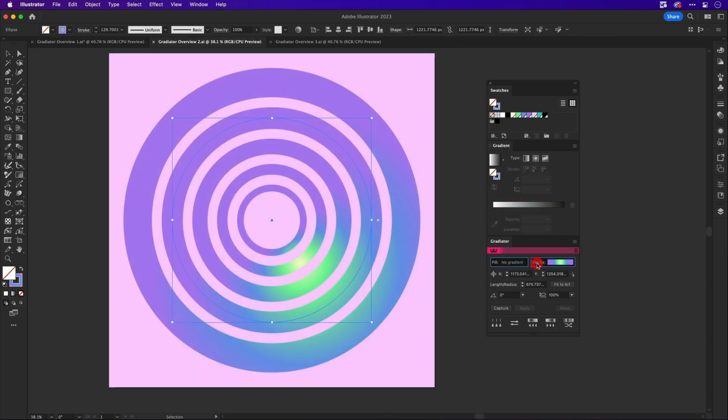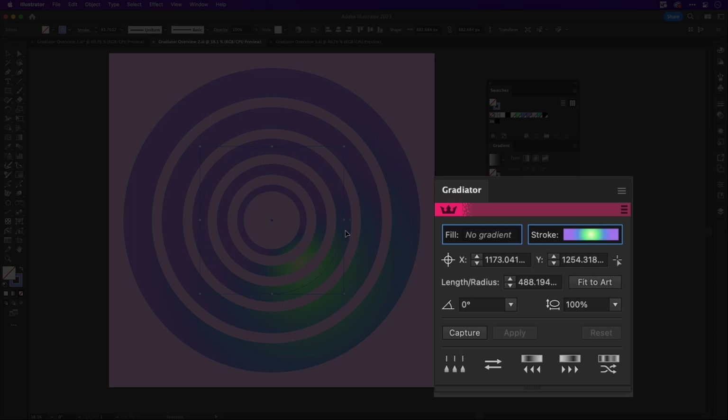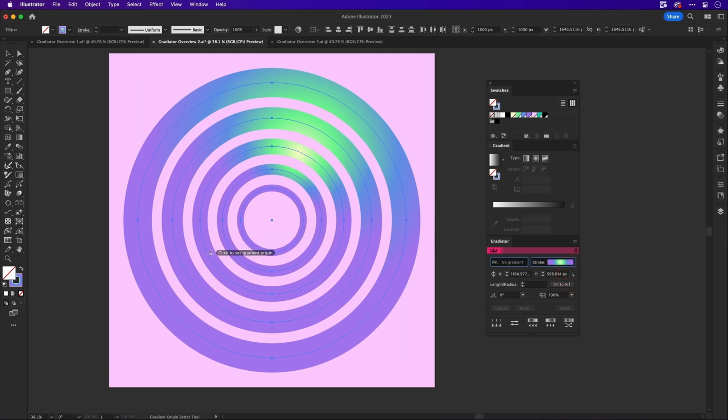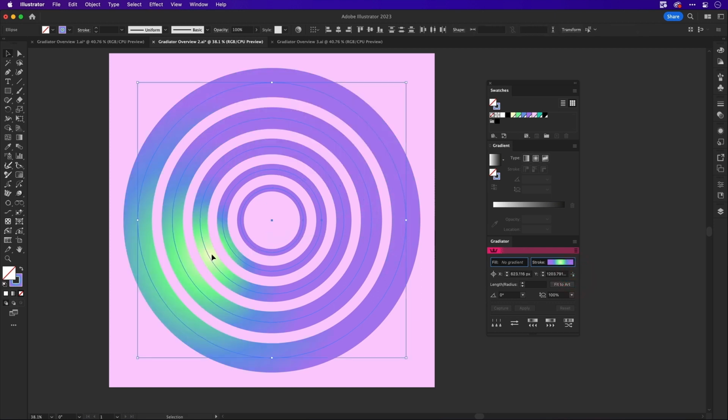We're going to take a look at these concentric circles. They each have a radial gradient applied to the stroke, but the length is different on each. And when I select them all, you can see that there is no value here. But the bit I love most about this panel is the Set Origin button. You can simply click the origin and it works on multiple objects. And if I compare it with a native tool, we can't seem to do that on gradient strokes.